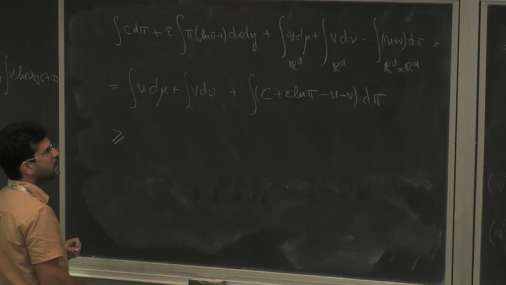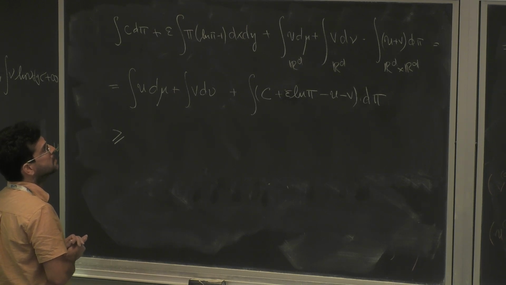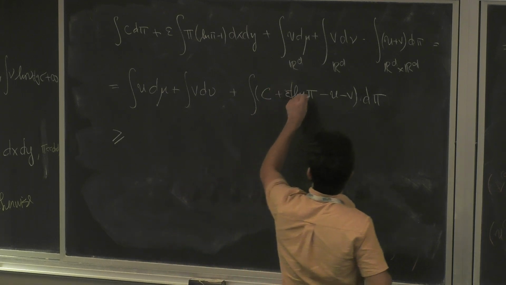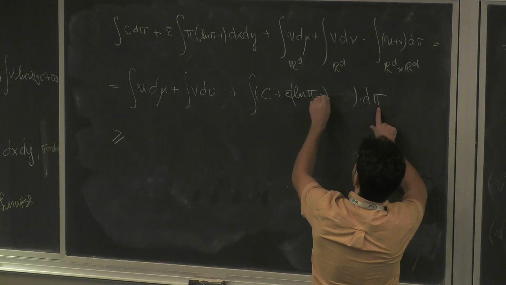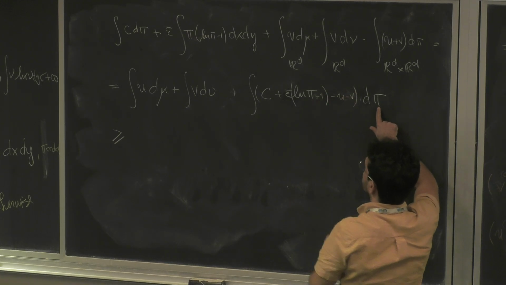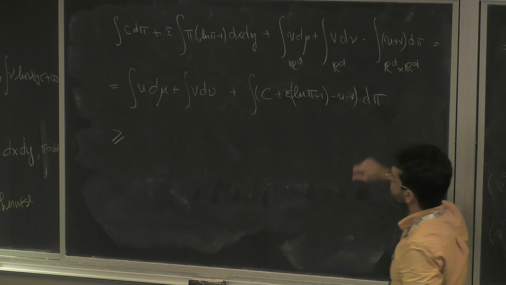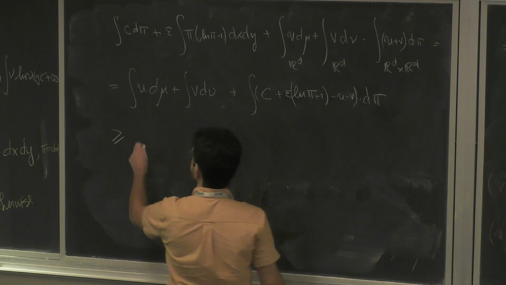For what we call... I see the minus 1. Yeah, log pi minus 1. Log pi minus 1, exactly. Thank you. So I have... and pi is here, so u plus v. That was the other mistake that I made. The pi is here. So then what I'm going to do is...